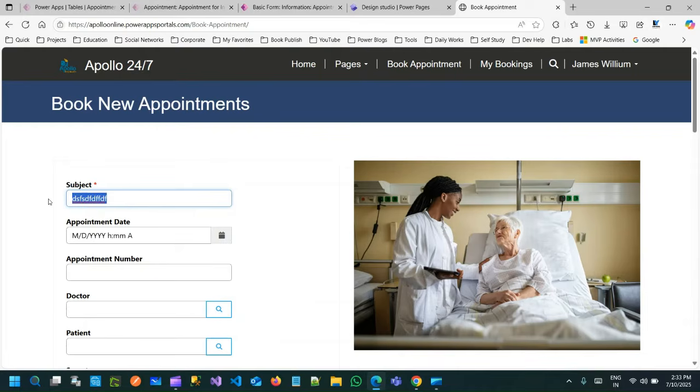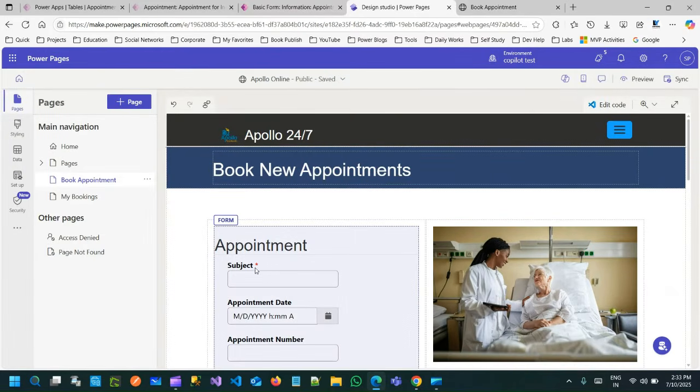My requirement is that I want to convert this subject to display as Aadhaar number, and it should be mandatory as it is. But right now it is not validating the pattern. I want the number that is entered to be validated as 12 digits, because Aadhaar numbers are always 12 digits. So what I can do is go to the design studio